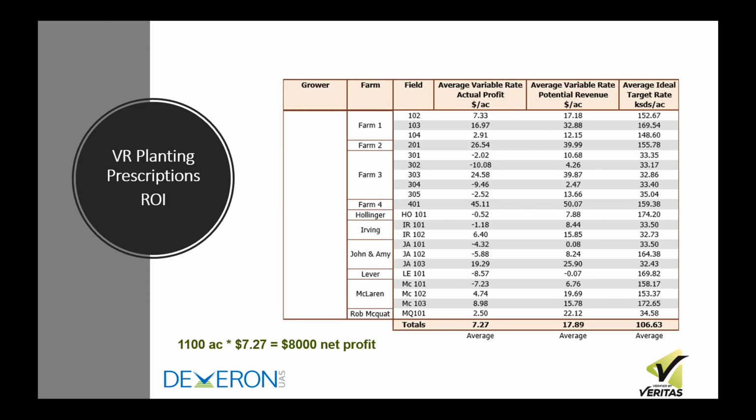So maybe in those unstable areas, you just move back to that average seeding rate or that middle zone, so that you're not putting yourself at risk in both directions. It's the best bang for your dollar. There's enough seed there to give you a decent yield when you get it, and you're not breaking the bank with a ton of seed on the years it floods out. So different areas of the field, and those are things where the one-on-one approach